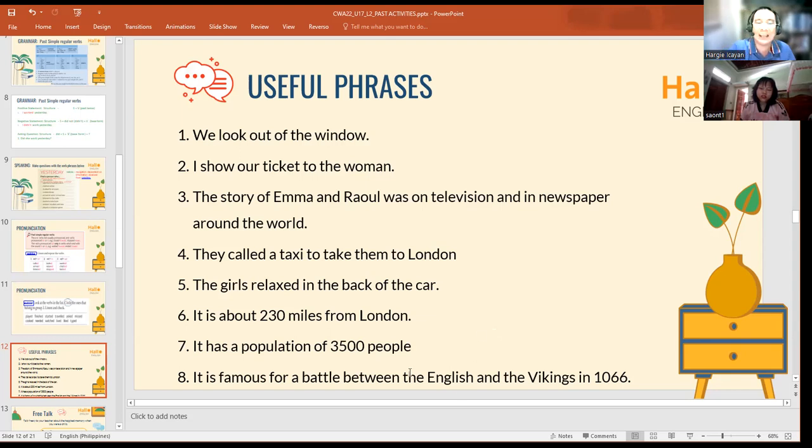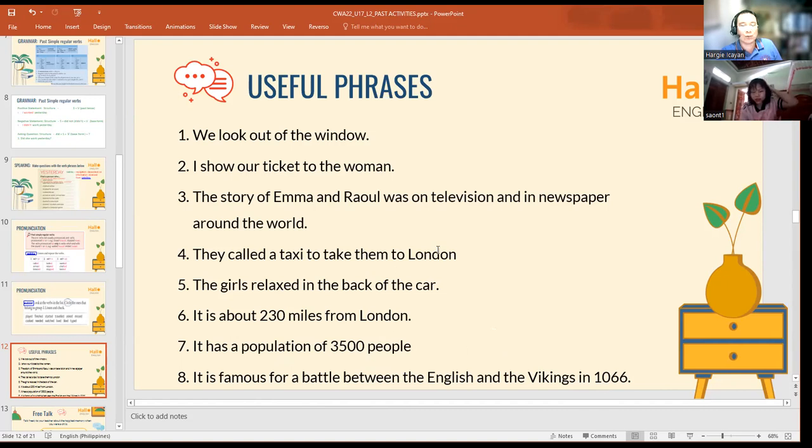But in that particular place, there are only 3,500 people living. So it's just a little. Okay, next: it is famous for a battle between the English and the Vikings in